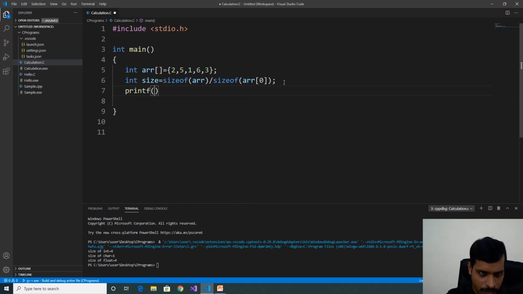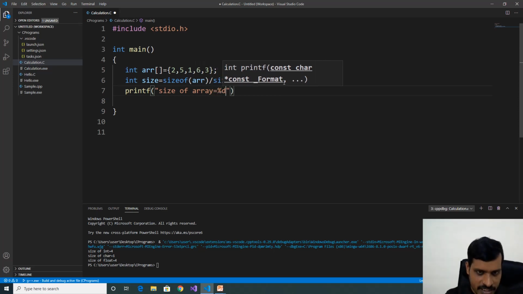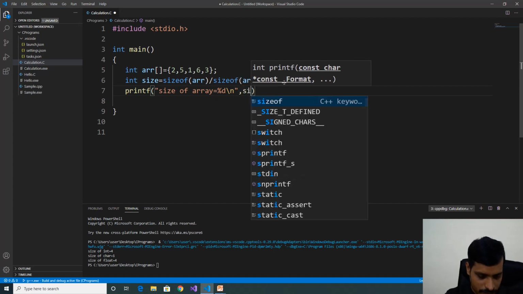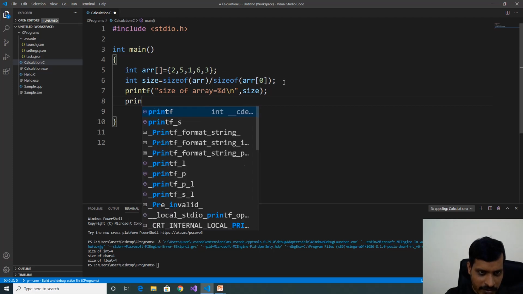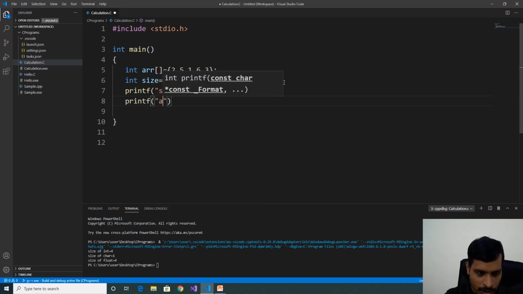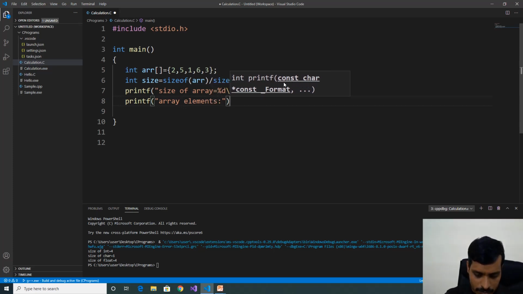printf("size of array = %d\n", size). Print the data from array. printf("array elements"). We'll use a for loop to print the values from array.